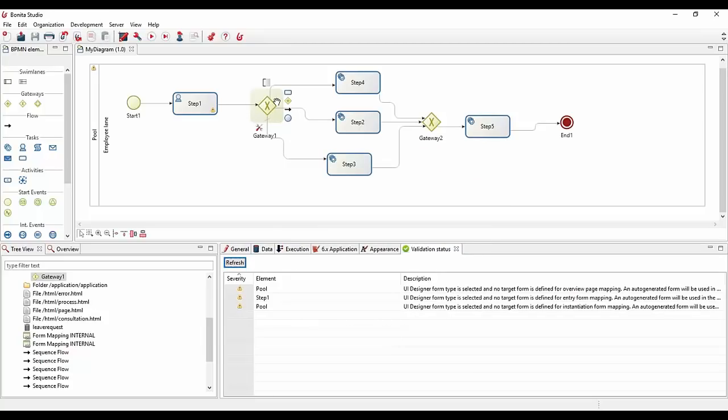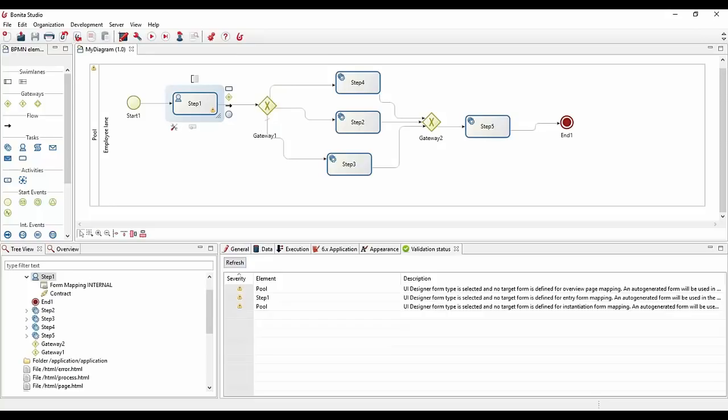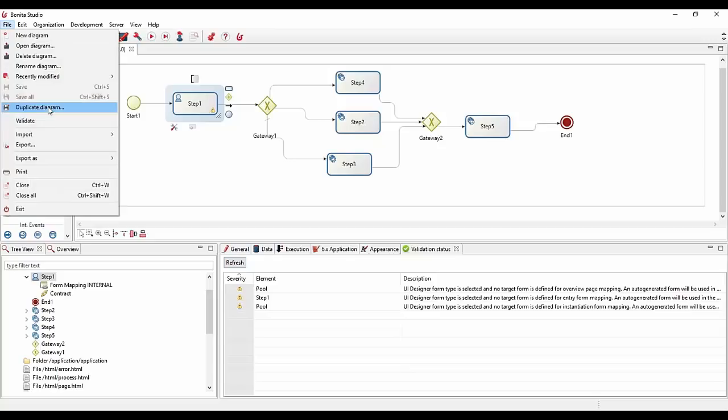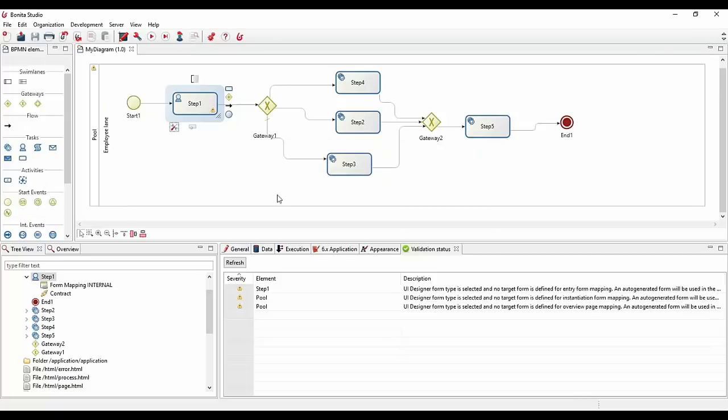That is true for everything that is in error. If you have an error, whatever error or warnings you have, you need to perform the change and then come back to this validation status tab and refresh. That will perform the validation again and make sure that you have an updated list of warnings and errors in case you have any of them. You can also use this file validate. That is an optional way to do that.